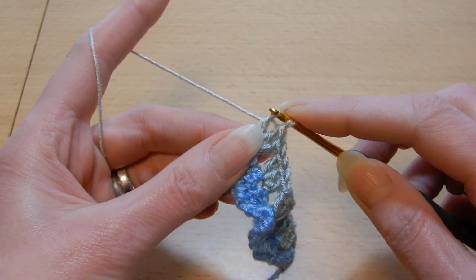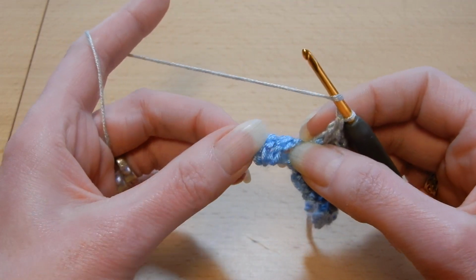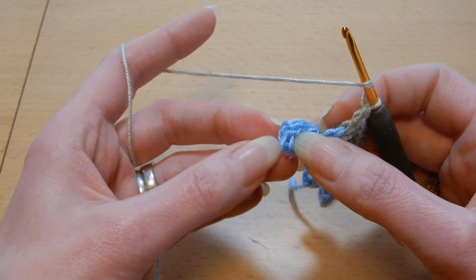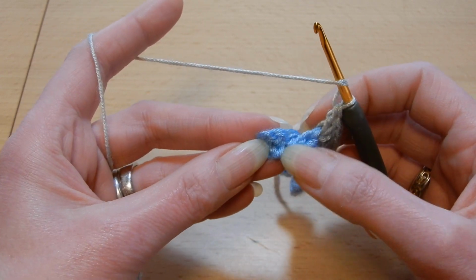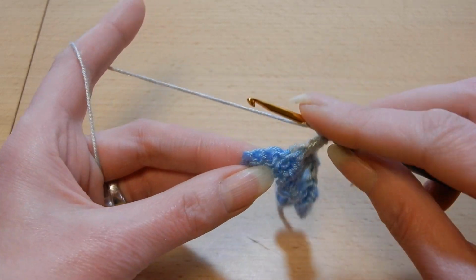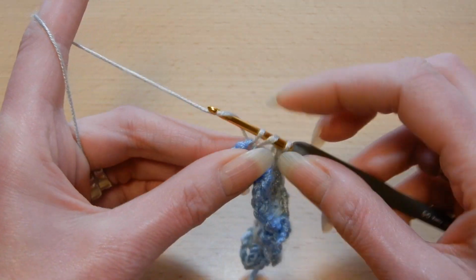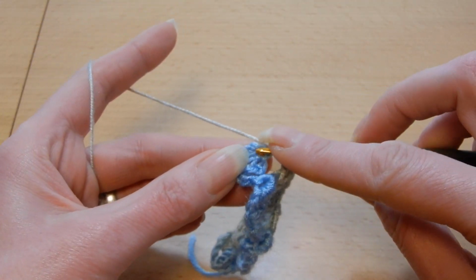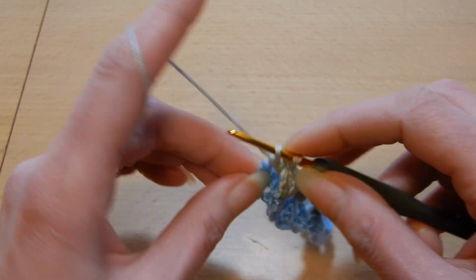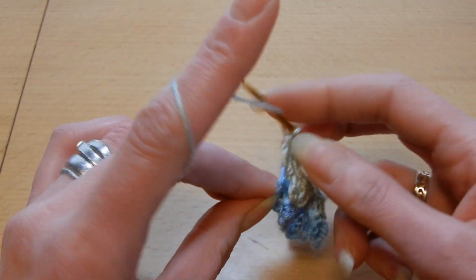So now the last cluster from this row we have the 2 double crochet and the chain. So we're gonna skip the first double crochet from this cluster, and into the second I'm gonna go in there on top through the stitch. We're gonna do 3 double crochets. So 1, 2 and 3, chain 3,